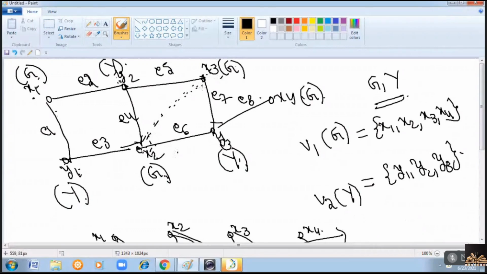So, if you want to use a different color for the adjacent vertices here, instead of green, you have to use yellow. If you use yellow, as it is adjacent to y3 and y2, you cannot use yellow. That means you have to use some other color, right? Blue or black, some other color you have to use. But what is the condition? You have to use only two colors to know whether it is a bipartite or not. So, if you have an edge here, then we can simply say that it is not a bipartite graph.